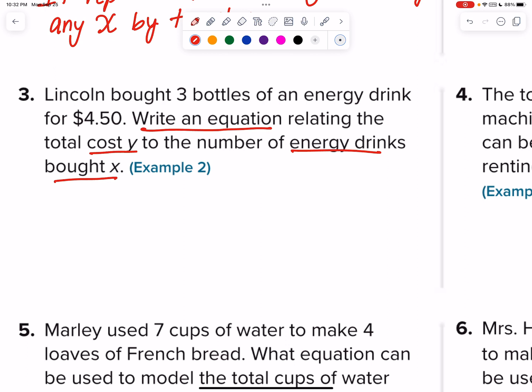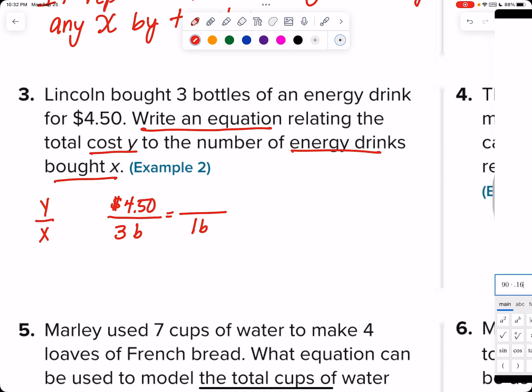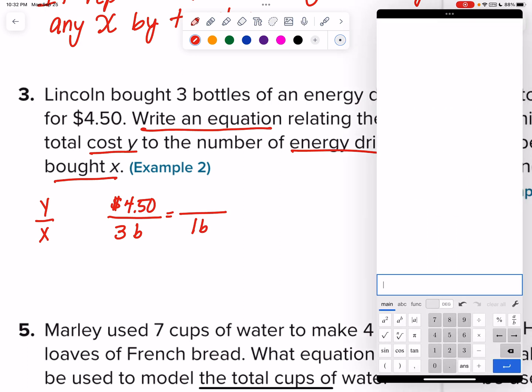And so remember, the equation is y over x, for us to plug this in. So that's $4.50 for 3 bottles of energy drink. Okay, so we want price per bottle. So how do we find unit rates? Same thing every time. 1 bottle's on the bottom, numerator divided by the denominator. So $4.50 divided by 3 is